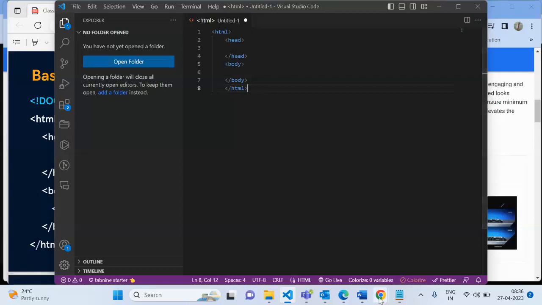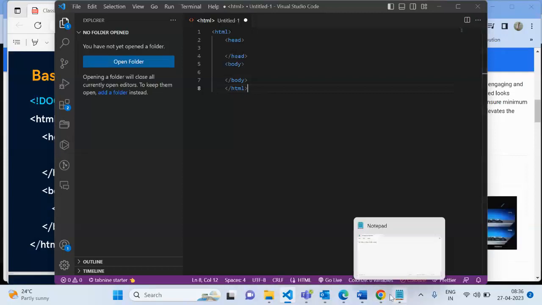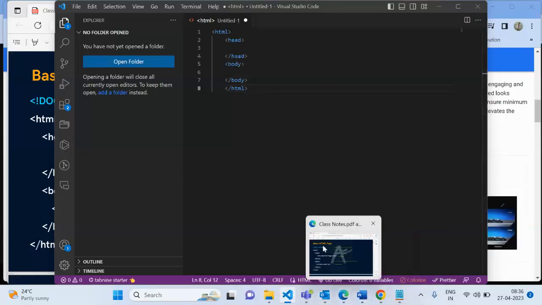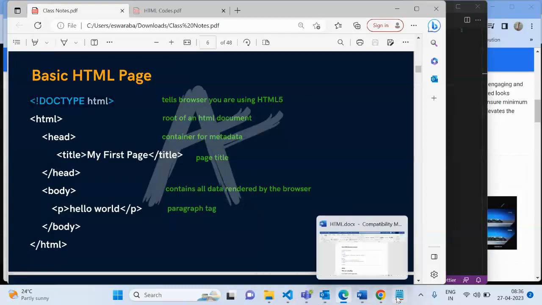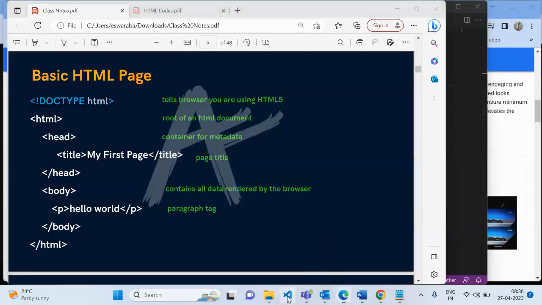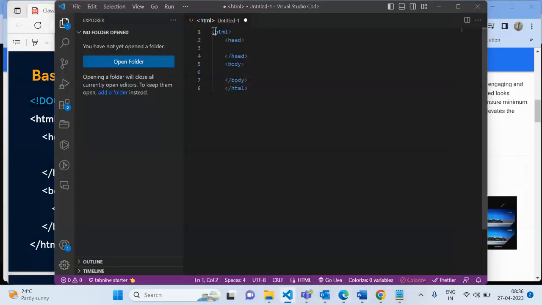Okay. And now, see, if you see here, doc type. What is the doc type? Doc type is saying that the file is a document. It is the document file. So for that, before the HTML, we'll give that this is the document file like this. Doc type HTML. After that, HTML and head, closing, body, closing, and main HTML closing.